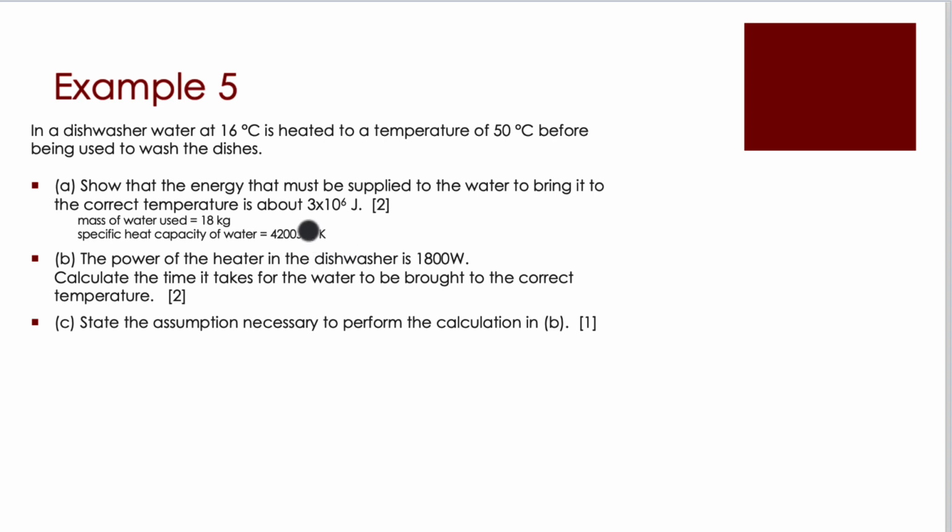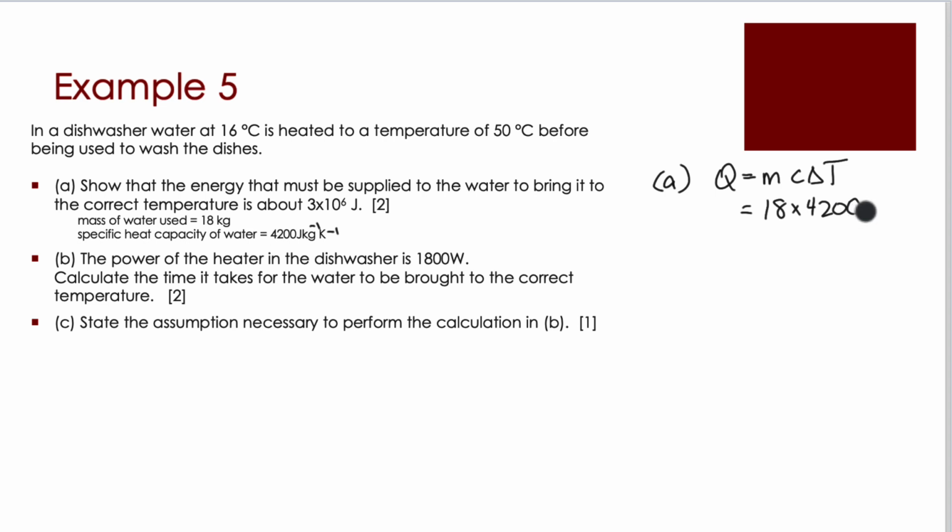Specific heat capacity, oops, you can see I have some mistake here in terms of the units. I'm missing my minus ones. So let's calculate this. My equation, Q equals mc delta T, and we are looking for the heat, the amount of energy added in. So my mass in kilograms, let's double check that these match. Yes, they're both in kilograms,